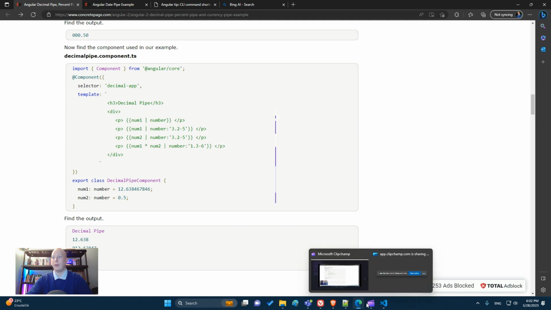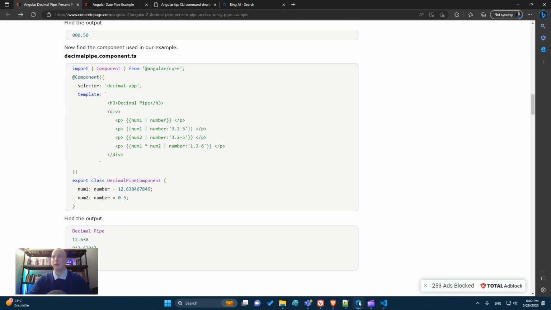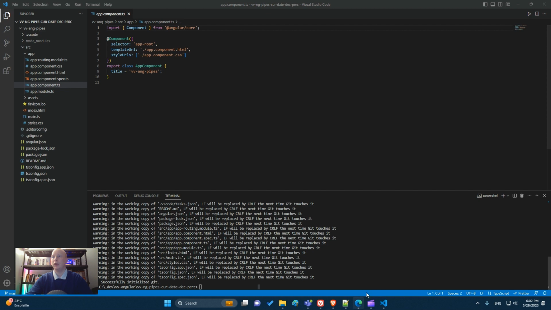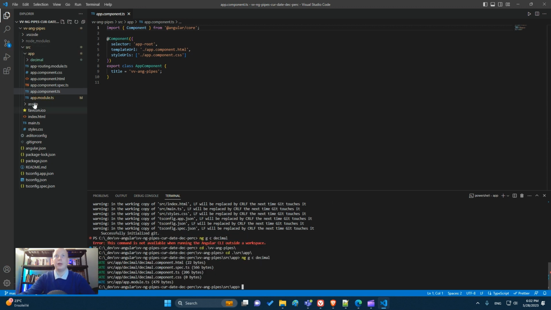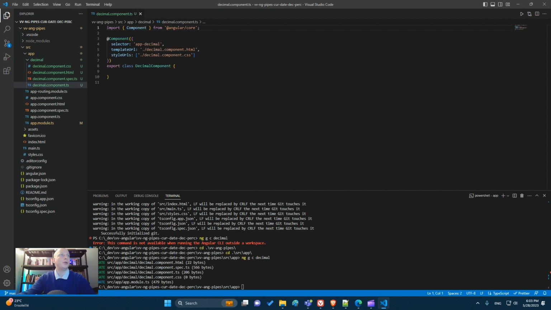To create a component, I will use the command line ng g c, the first is decimal. So we have a tiny component which is decimal. Let's open the controller.